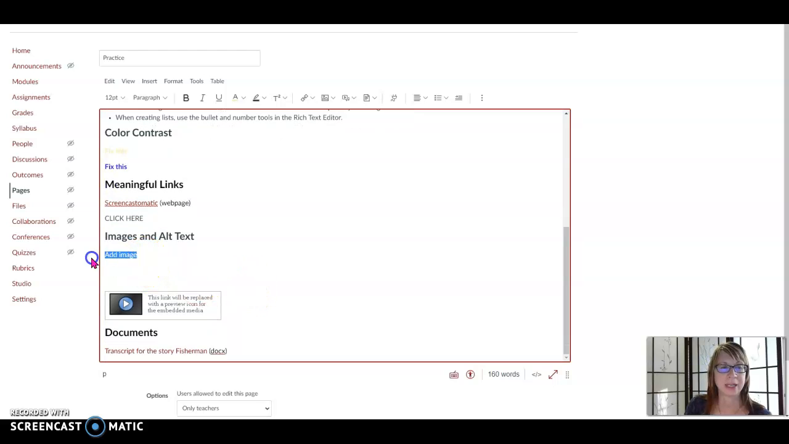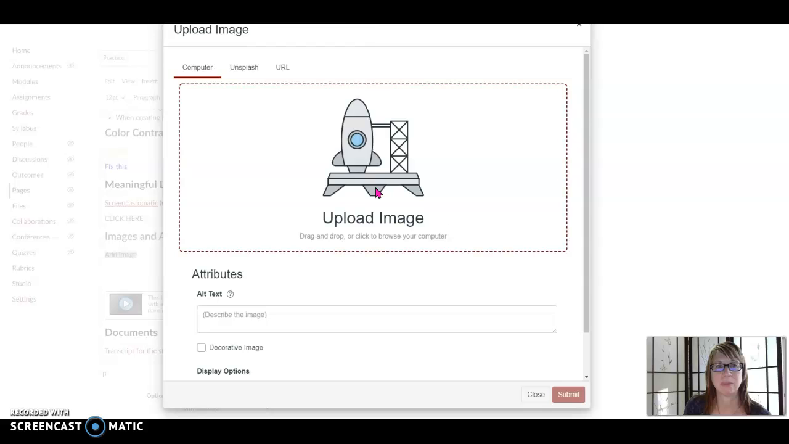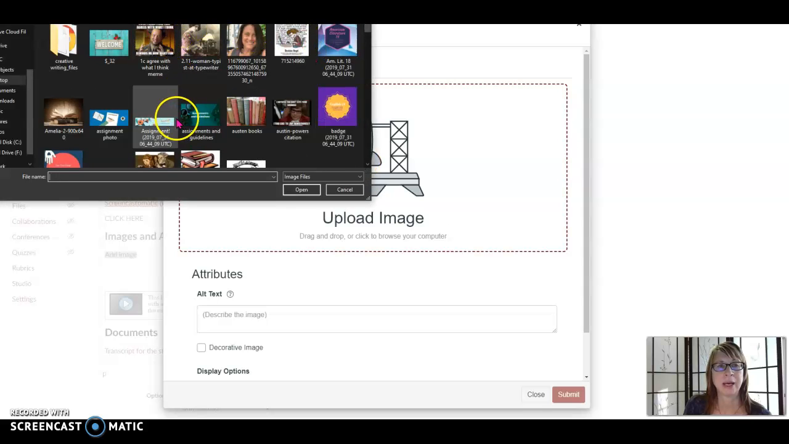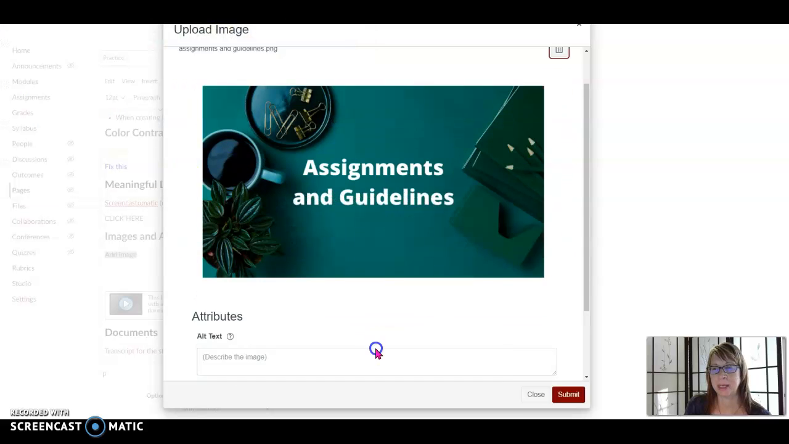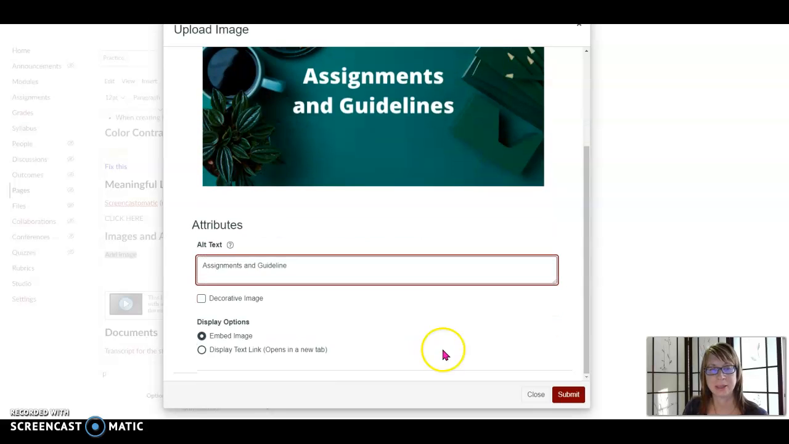So next, let's add an image. And we have two types of images often. There's pedagogical images that are part of the teaching and learning process, and there are decorative images. So if we go to the mountain and moon icon here, I can choose an image from my computer or different areas. Say I want to use this banner, and this is a banner for a page, so I want to include the alt text of the actual text included on the image. And I can submit that,